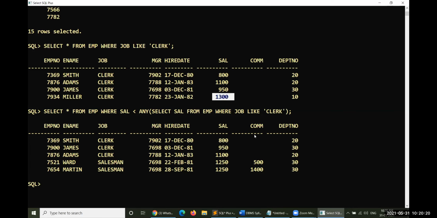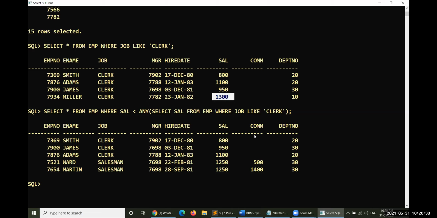Greater than: if you take greater than, the people who are getting greater than the minimum salary of a clerk, of course, you can take clerk or salesman or whatever job type it may be. For my example, I'm considering greater than any of the minimum salary of the clerk.